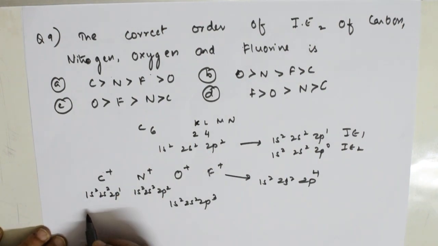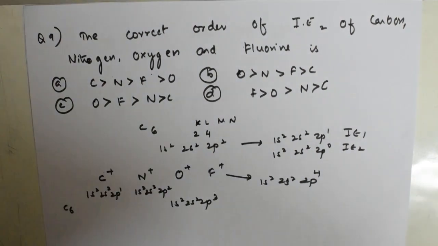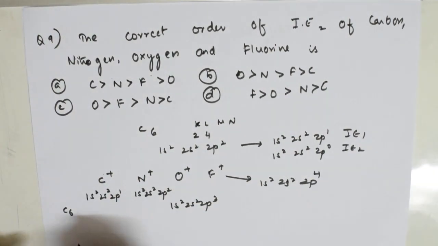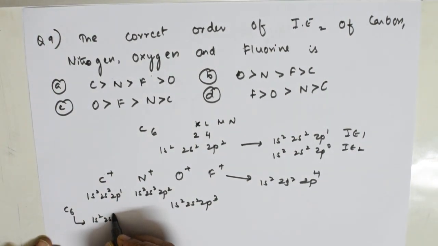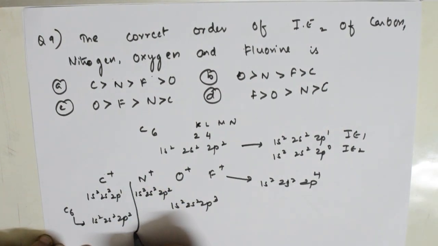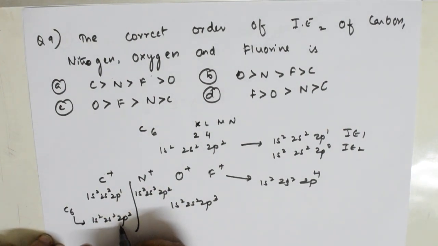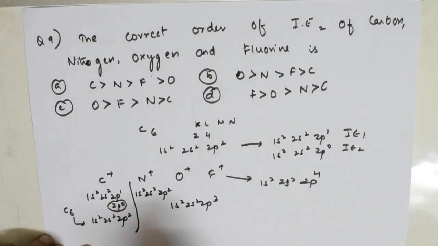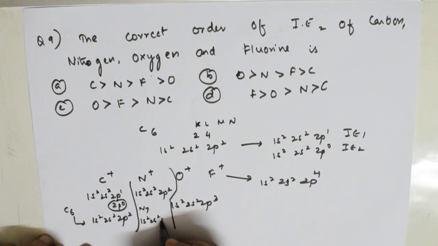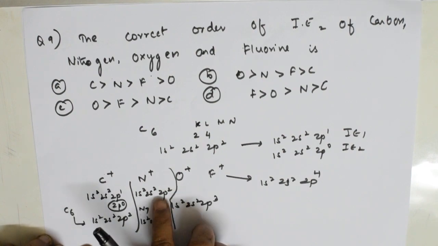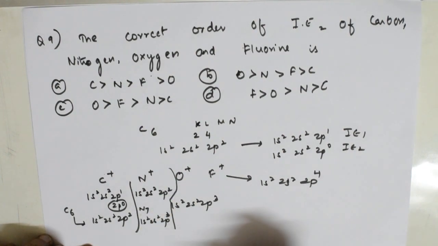Carbon, atomic number 6, yes students, atomic number 6, is 1s2, 2s2, 2p2. This was the first one, right? This is the normal neutral atom. From that I have taken out one electron, it has become 2p1. Further I am taking out one electron, this becomes 2p0, correct? Now nitrogen, initially atomic number 7, is 1s2, 2s2, 2p3. So 7 are over. From that I am going to take out one electron. Further I am going to take out the second electron.